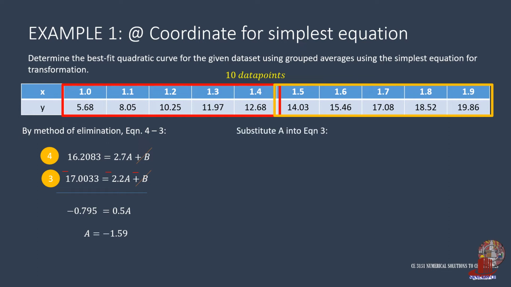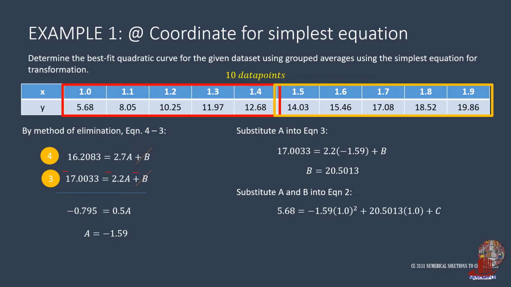Replace a as negative 1.59 in equation 3, making 17.0033 as 2.2 times negative 1.59 plus b. So b is then 20.5013. Again, plug a and b values in the second equation and get 5.68 as equal to negative 1.59 times 1 squared plus 20.5013 times 1 plus c,